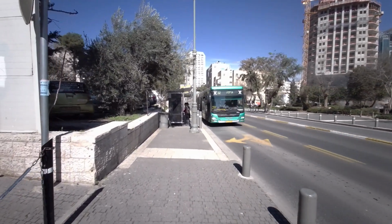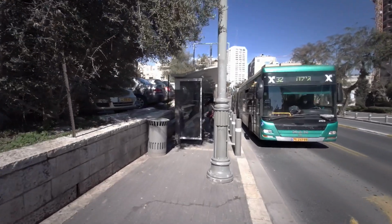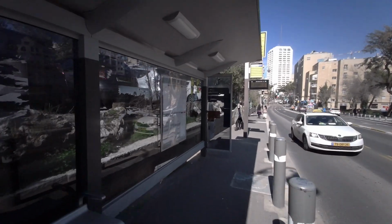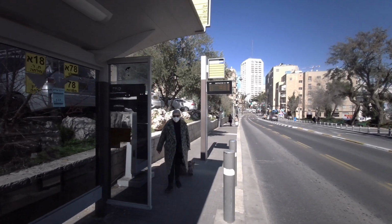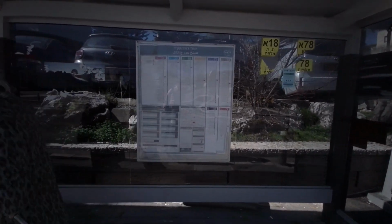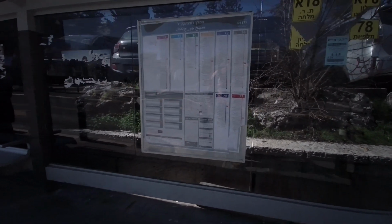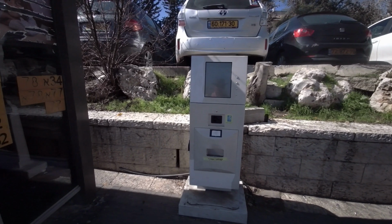See the bus stop here? And it has this electronic sign that tells us in real time which buses are about to arrive and how long it will take for the other lines to arrive. And here is a map telling us all of the different lines that stop here, or most of the different lines that stop here, and what their path is, where they'll be stopping on the way. So you can check and see if it was for the